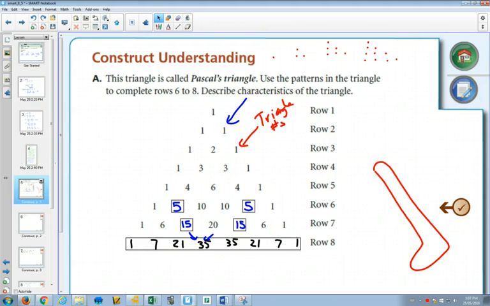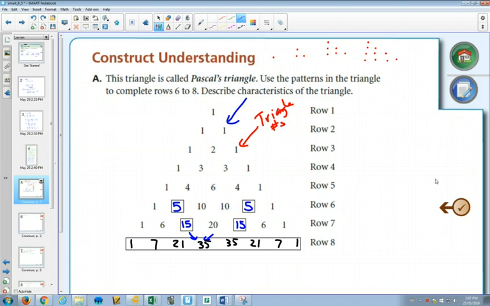So that's pretty cool. There's a number of different ways of getting the numbers. Can you see that Pascal's triangle has symmetry? It's the same on one side as it is on another. Some other cool things about Pascal's triangle. We will find Fibonacci numbers in here eventually. That'll probably be the last cool thing that we find. But for right now,